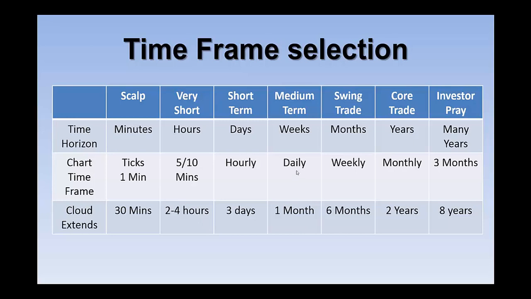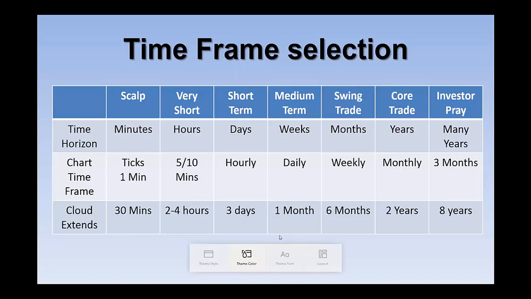So does everybody understand a daily time frame? When I'm looking at the chart time frame, no matter what instrument I'm looking at, whether it's stocks, options, futures, forex, bonds, currencies, or cryptos, if I'm looking at a daily chart, it's going to give me my trend for the next few weeks, all the way up to a month. If I'm looking at an hourly time frame, this is going to give me the trend for the next 3 to 5 days. If I'm looking at a 10-minute time frame, it's going to give me the trend for the next 4 hours.